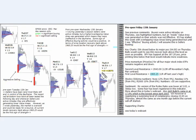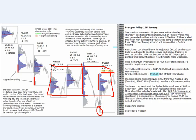Thursday intraday, we had some buying here. These numbers indicate buying activity. We had a lower open. Market came quickly back, but the value area is inside the previous day. So buying and selling this week, the intraday day frame activity has been pretty ineffective from both parties. As I said, most likely sellers resting. The other longer term